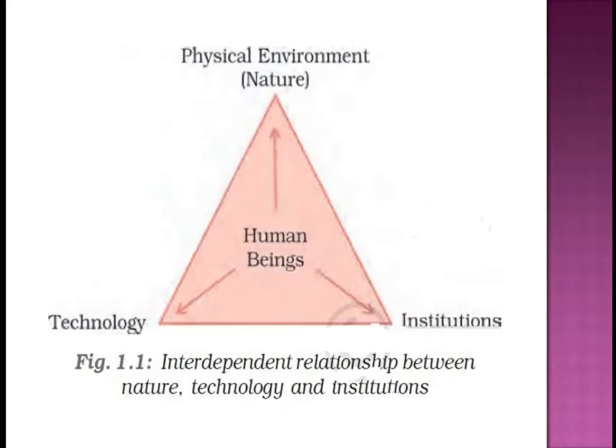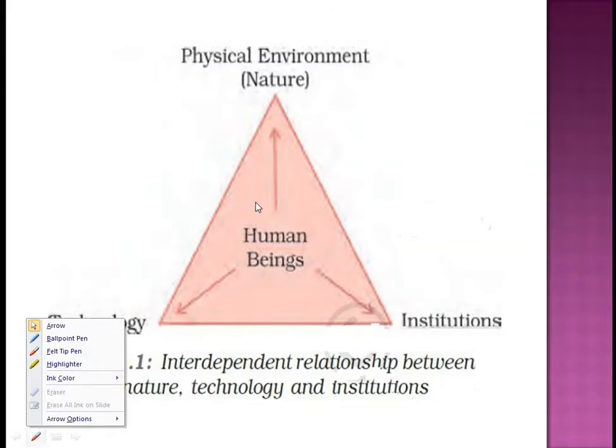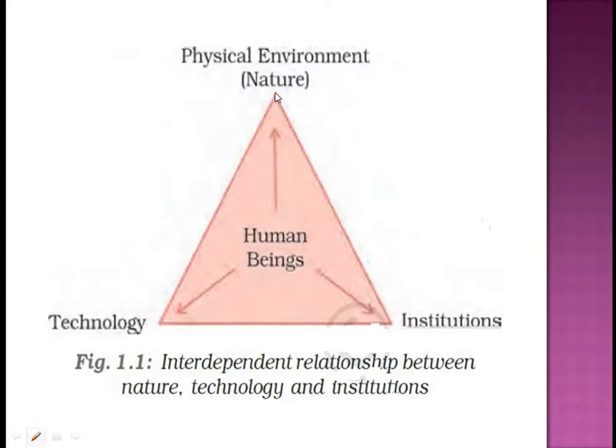Moving further. Next, taking the example, we are going to discuss figure number 1.1, the interdependent relationship between nature, technology and institution. Here you are observing a triangle. This triangle is speaking about human being, right? By taking human being here, I am pointing you here, human being, this part is talking about nature,